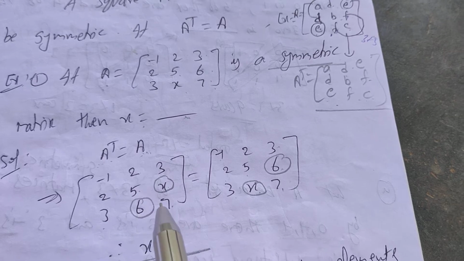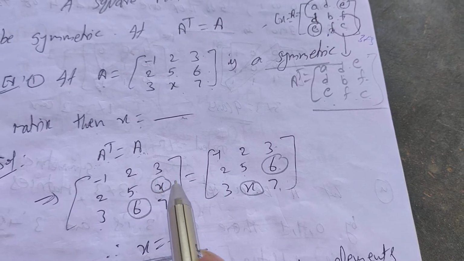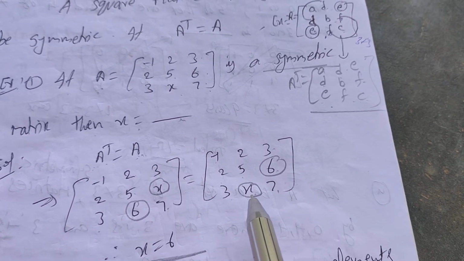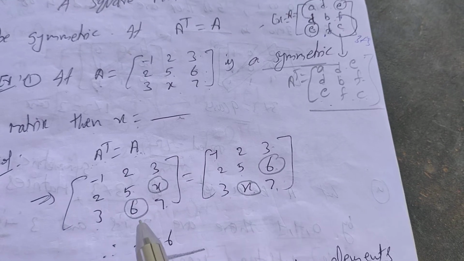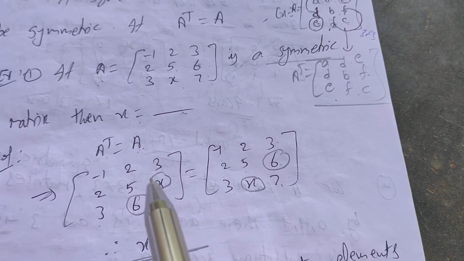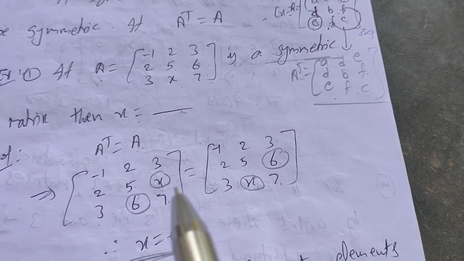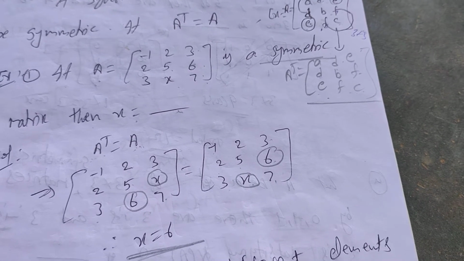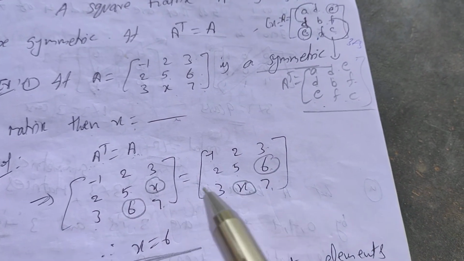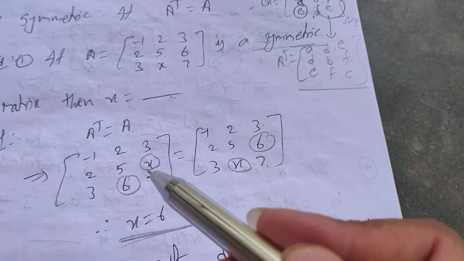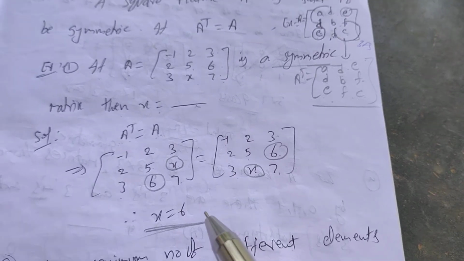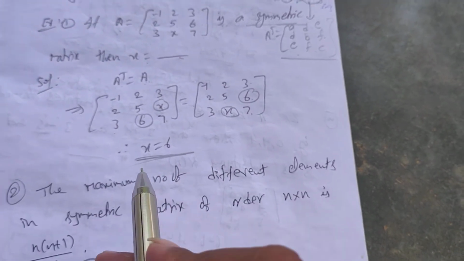Where is the x position? This is the A23 position, and here it is 6. So x is equal to 6. Or at the A32 position, this position is 6. So in any case you get the same answer. If you are not getting the same answer for all cases, then it is not the correct answer. So here x is equal to 6. Mostly if they give a symmetric matrix, the answer will be the same. So no need to worry. Next one. For this, the answer is x is equal to 6.